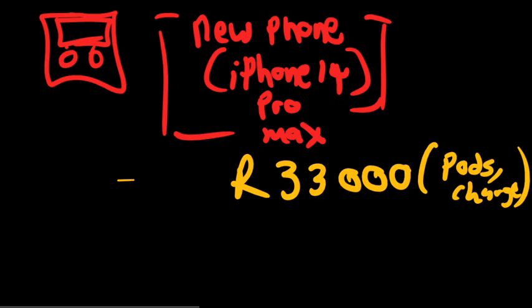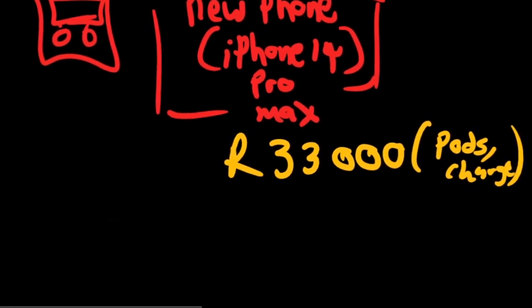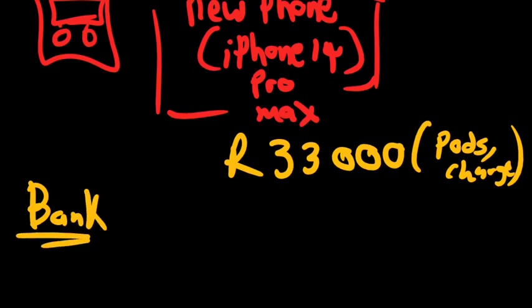You don't have money to pay for this phone, and you want to just take up a contract and pay it up. You literally want to borrow money, right? You want to borrow this 33,000 rand. Say you borrow it at the bank. I'm not saying you go to a bank for a phone, I'm just making an example. You go to a bank and say, can you lend me this 33,000 rands? And the bank gives it to you at an interest rate of, let's say, 12%,